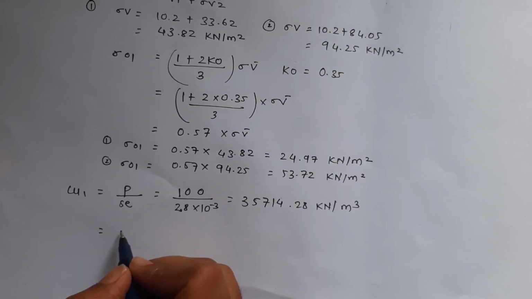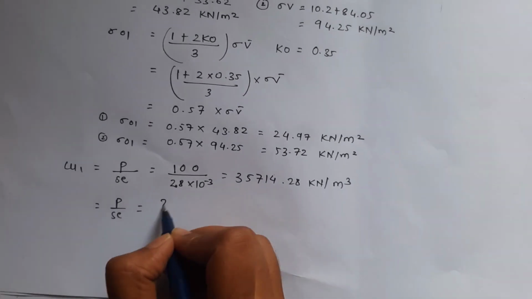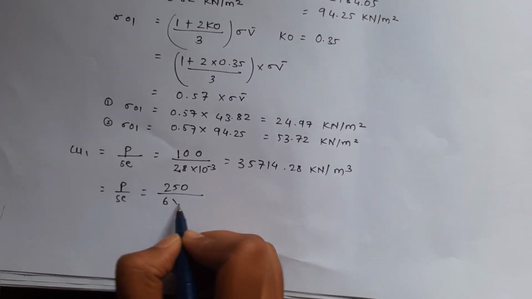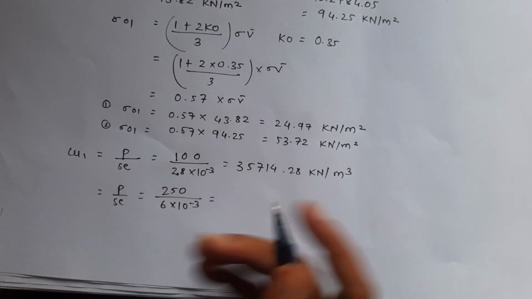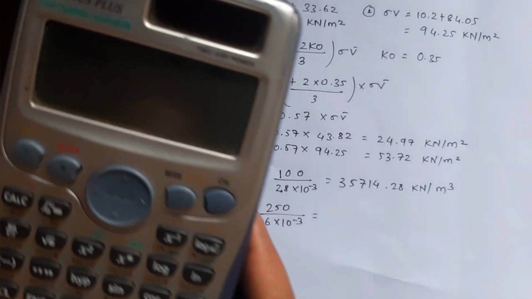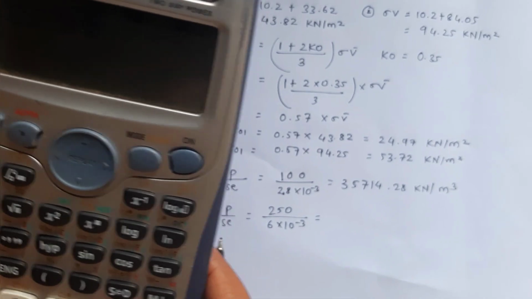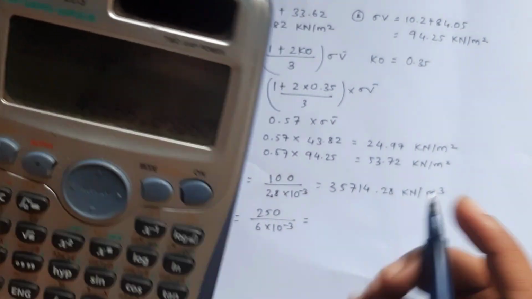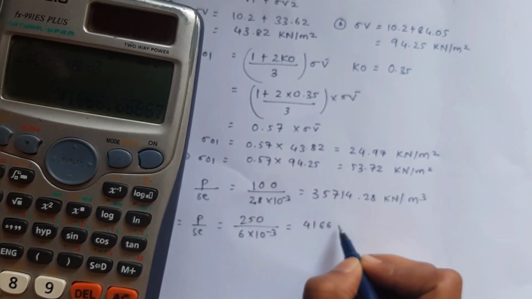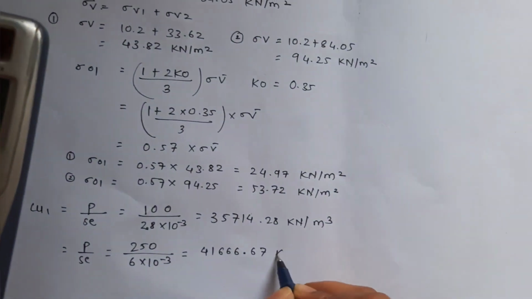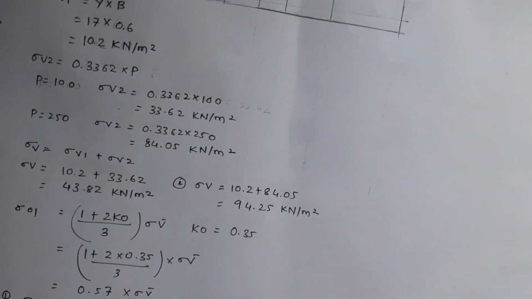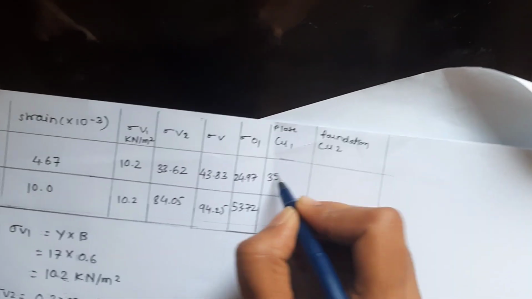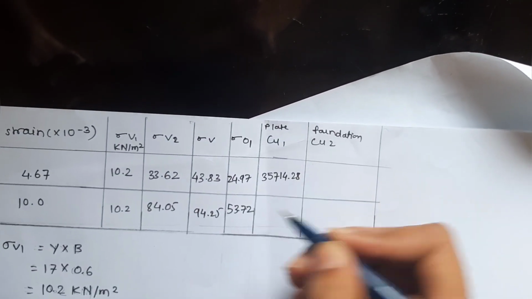For the second case, P by delta equals to 250 upon 6 into 10 to the power minus 3, which is 4166.67 kilonewton per meter cube. So right here, 35714.28